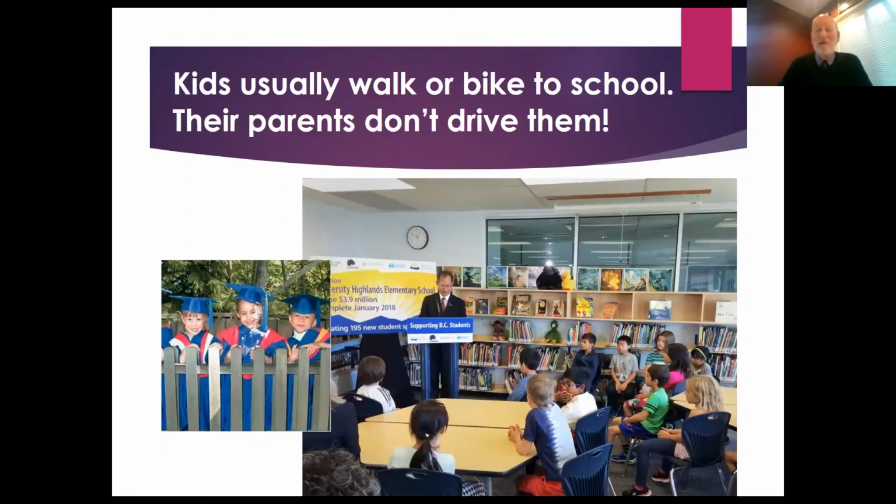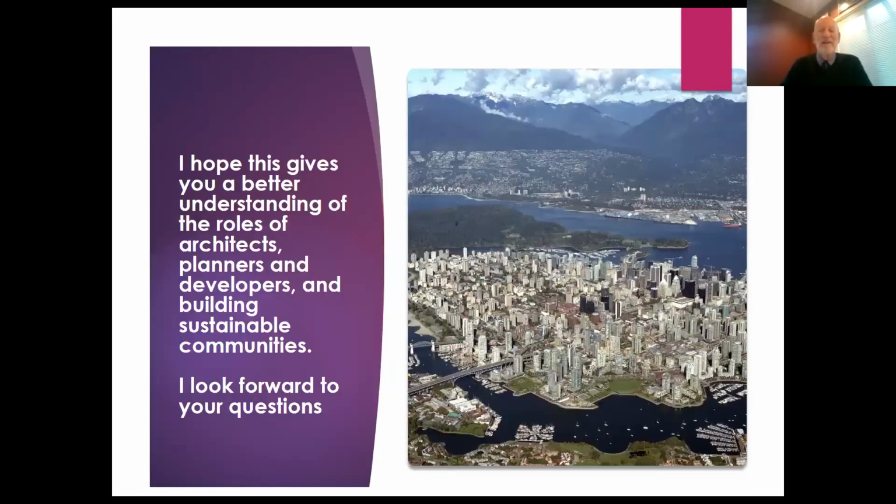One of the things about University is that the school is built right in the center of the community, and it's designed so that children can actually walk to school or ride their bikes to school. We deliberately did not provide a lot of parking spaces around the school just to discourage parents from driving their kids to school. In the old days, as I'm sure your parents and grandparents have told you, kids didn't always get driven to school. And I think one of the ways we make healthier places is by walking more and driving less.